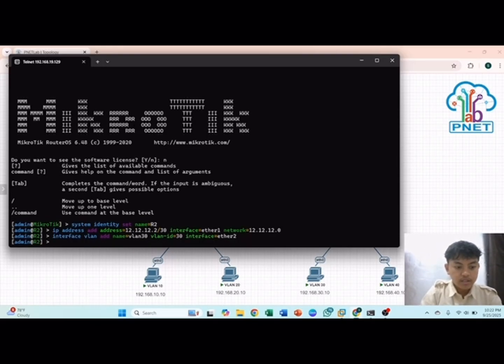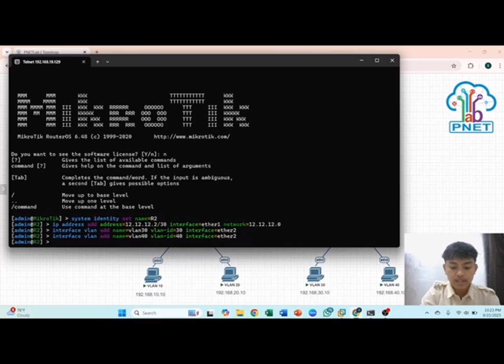You can copy here and put it again, and change the name to VLAN 40, and you can click enter again. After that, we add the IP address for VLAN 30.